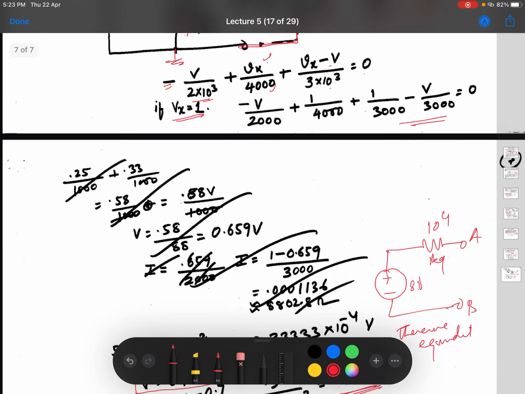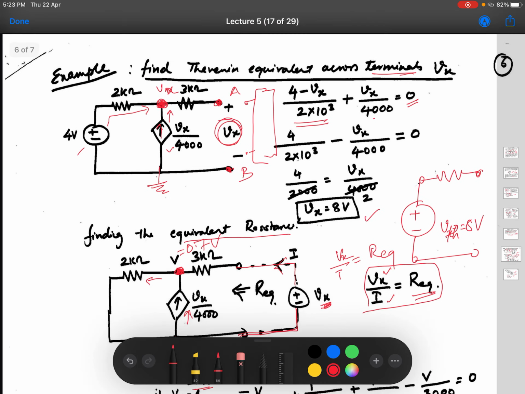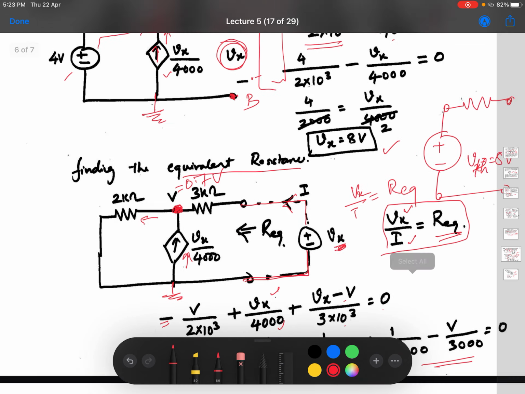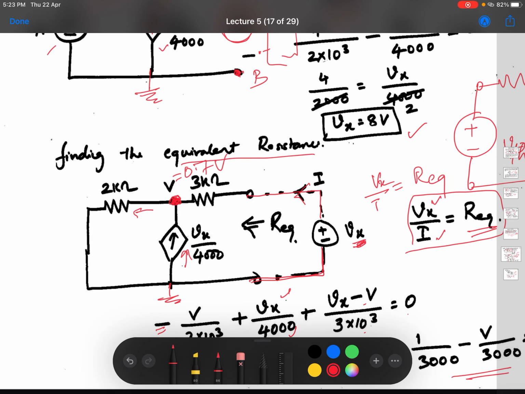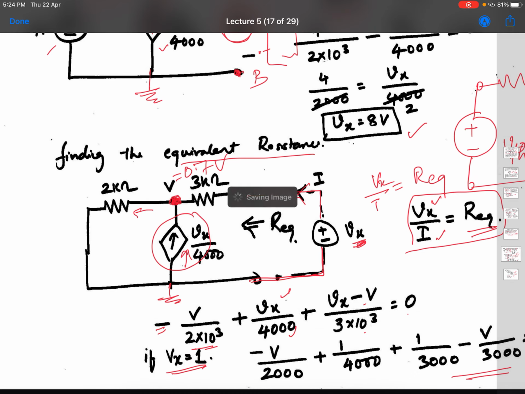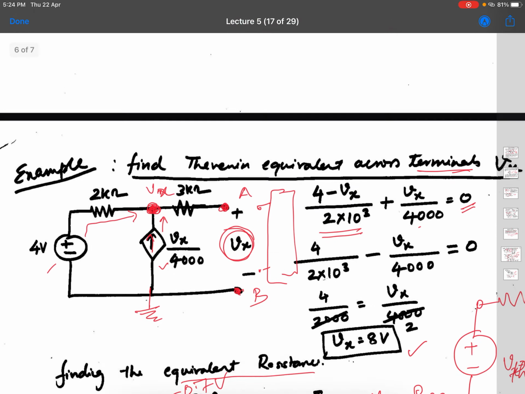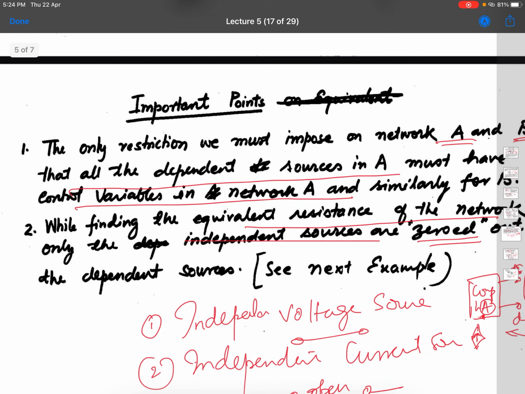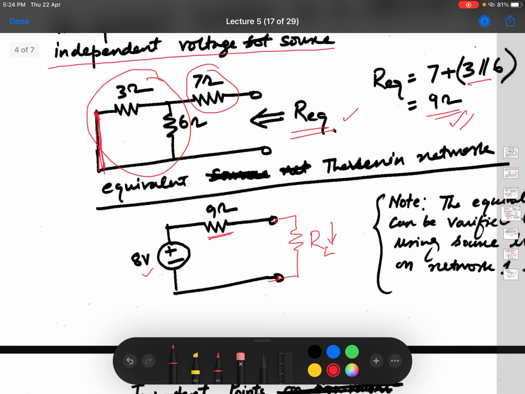So that is how a Thevenin equivalent is determined for this particular circuit. Depending on the circuit, you have to design a method to get R equivalent. In all circuits, it may not be possible to have arbitrary connections of R and just calculate the value of R by taking parallel and series combinations. There may be sources in between, and for that case you have to find out V by I. So you have to be slightly creative in finding the resistance, seeing the circuit, which method would be easier rather than merely applicable.